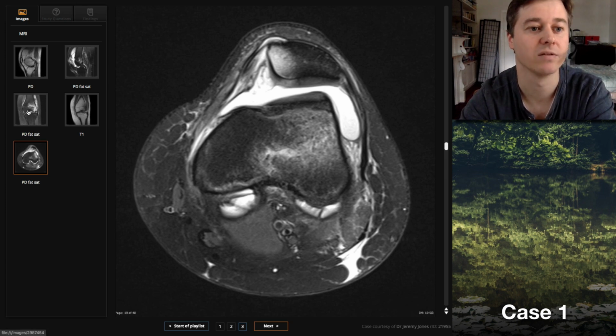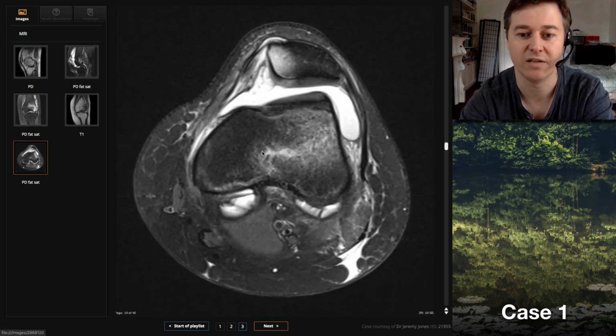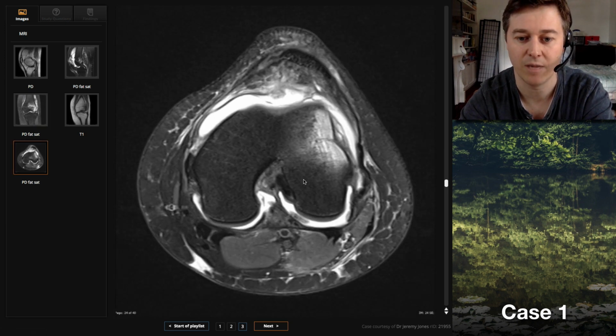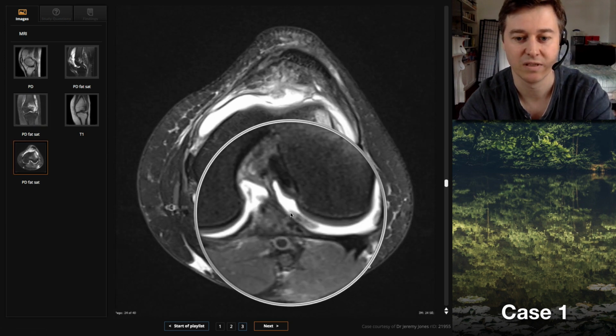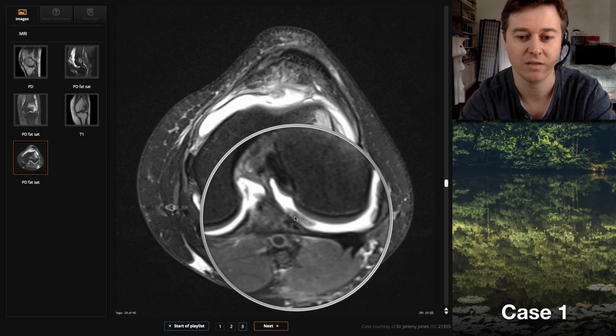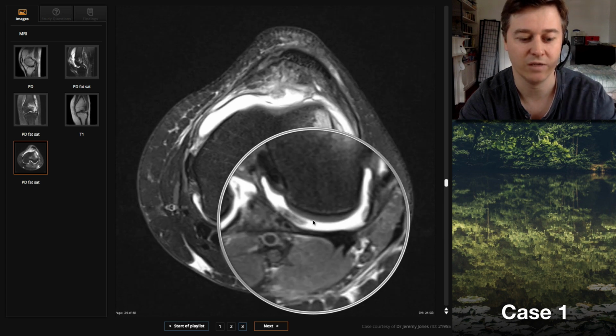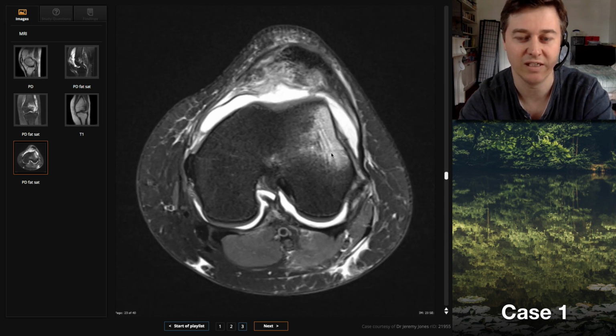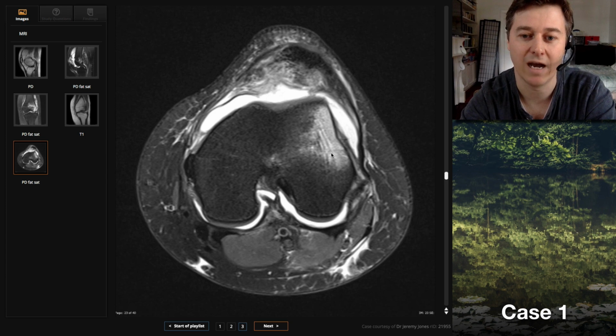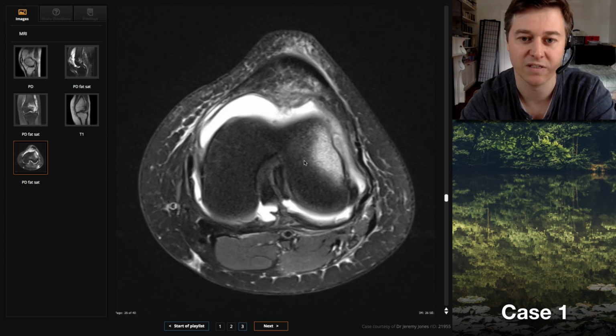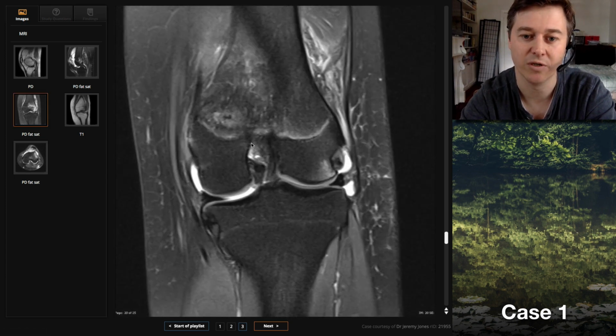If we stay on the axials here, a good place to look for osteochondral or cartilaginous fragments is in the posterior joint. See that one there? And there's probably another one sitting over here. So there's often more than one. And obviously in this case, we've got clearly two big areas where cartilage has come off. So we're looking for more than just this one big one that we've spotted in the front